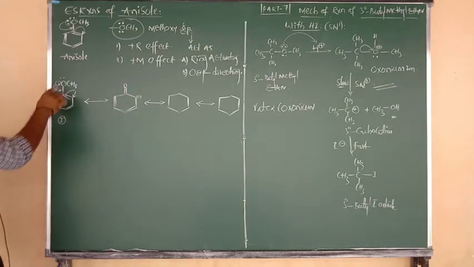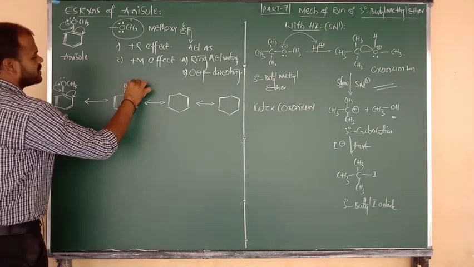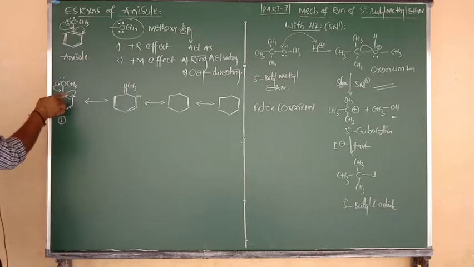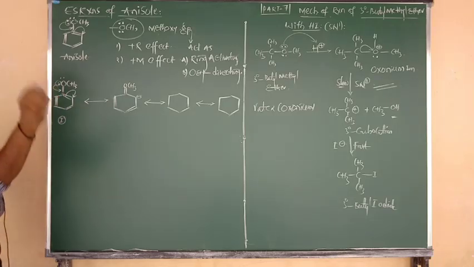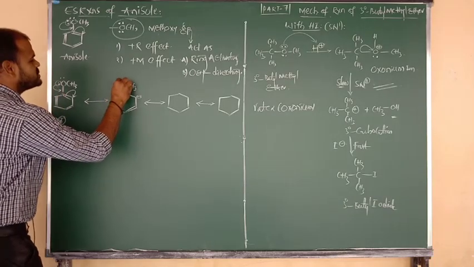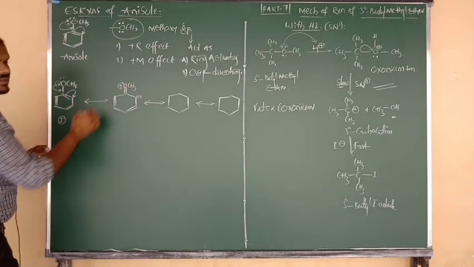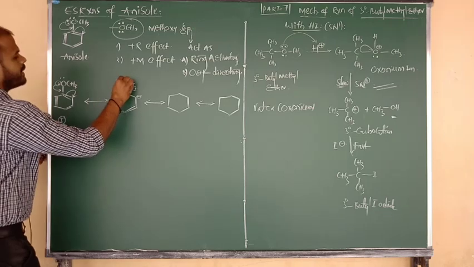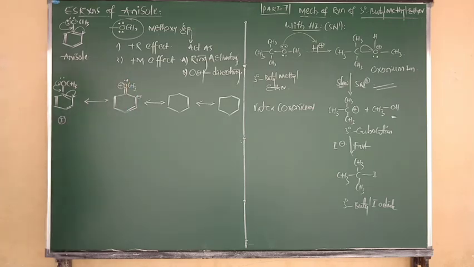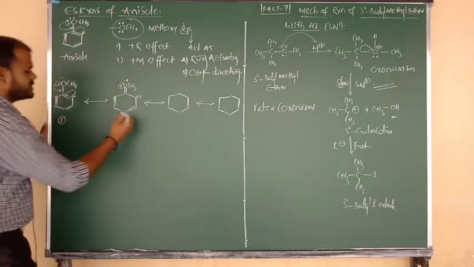And the group connected to O is nothing but CH3. But after delocalization of a lone pair, the charge on oxygen is positive. Oxygen donates only one lone pair, so oxygen contains a positive charge and one of the lone pairs remains as it is. Okay? Good. Now suppose this is nothing but resonance 2.